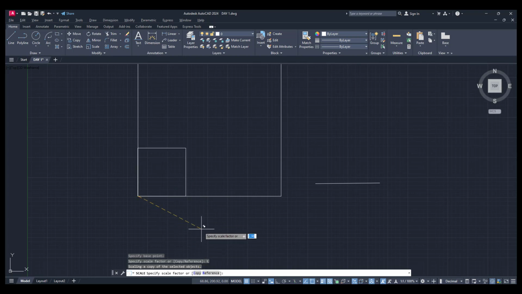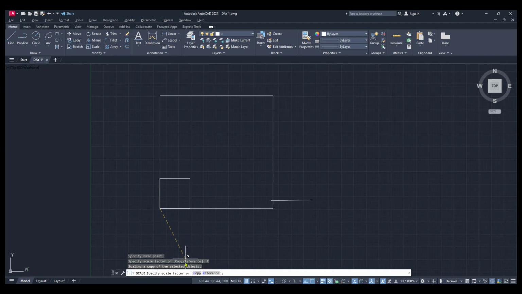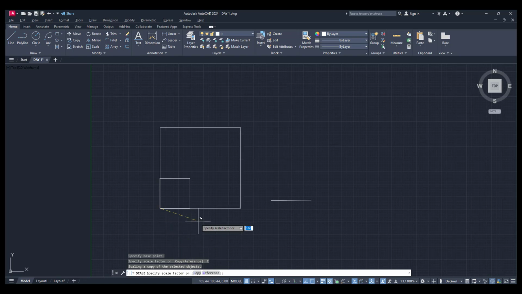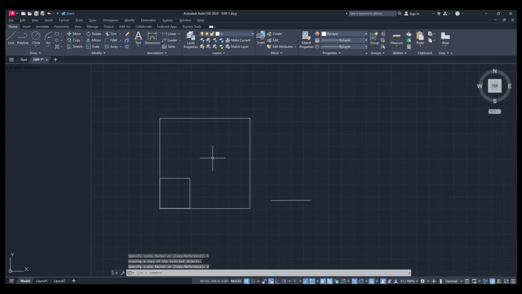Next you have to select the method, whether you want to scale up by applying the scale factor or reference. I am going with the scale factor. I want to make it 3 times more, so I click 3, enter. Now check the distance by using the distance command. Now it becomes 90, that is 3 times the original square.